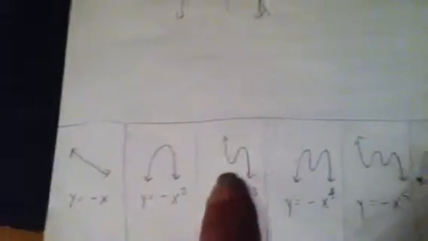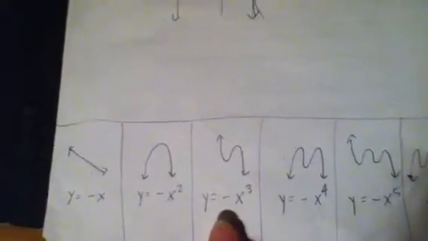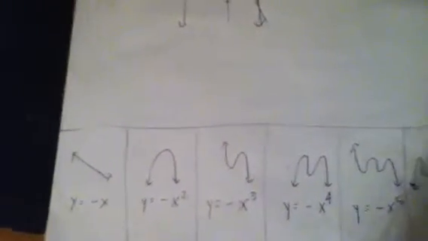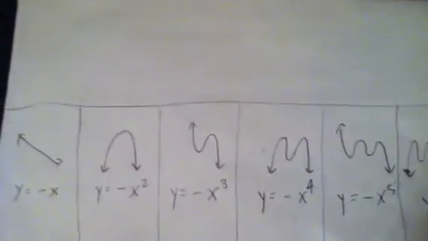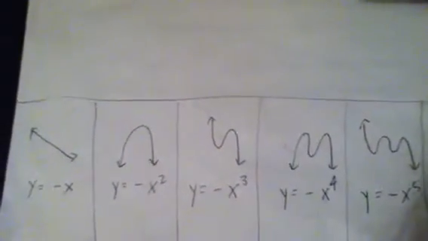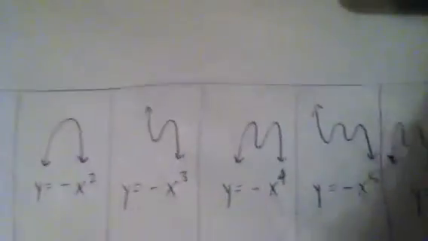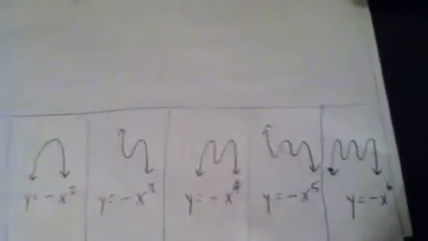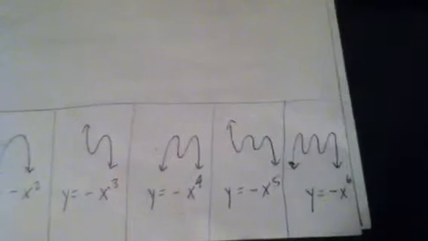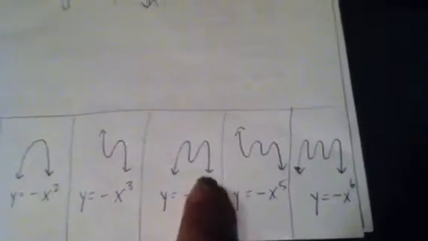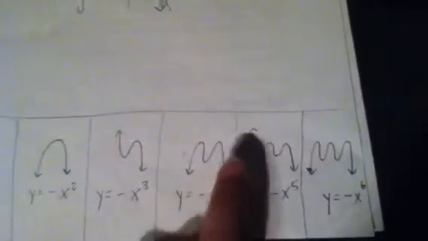point down. Here's a cubic, a negative cubic. Normally the right hand side would point up and the left hand side would point down, but it's got the negative sign, so it reflects it across the x-axis. Okay, here's what a negative quartic will look like. Instead of pointing up, the two endpoints will point down. Okay, so I know mine's going to look like this. It's going to point down on the right and down on the left, and it's going to have some curves